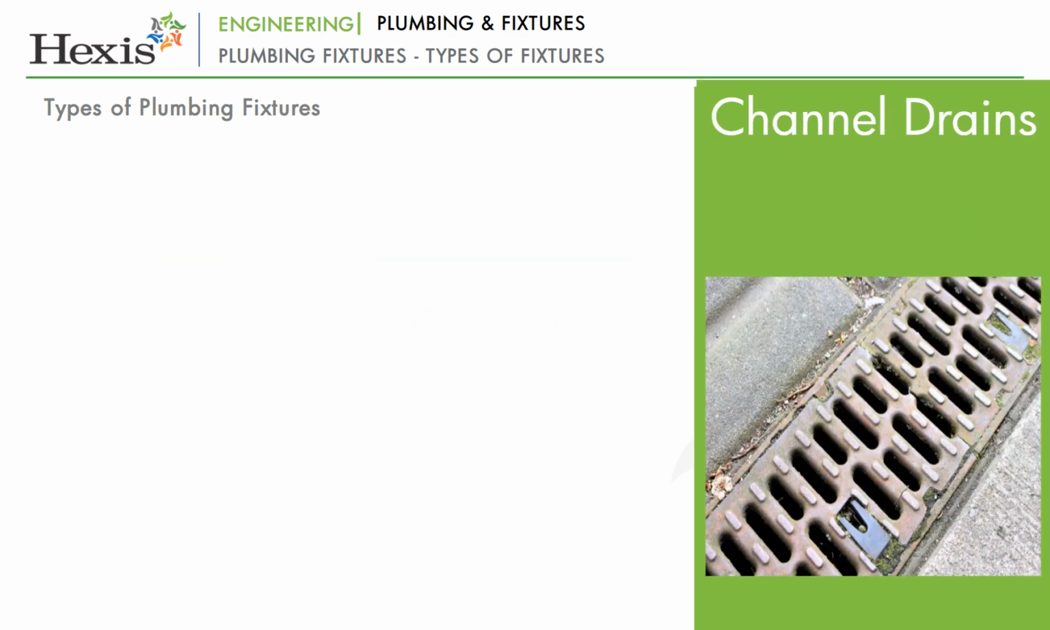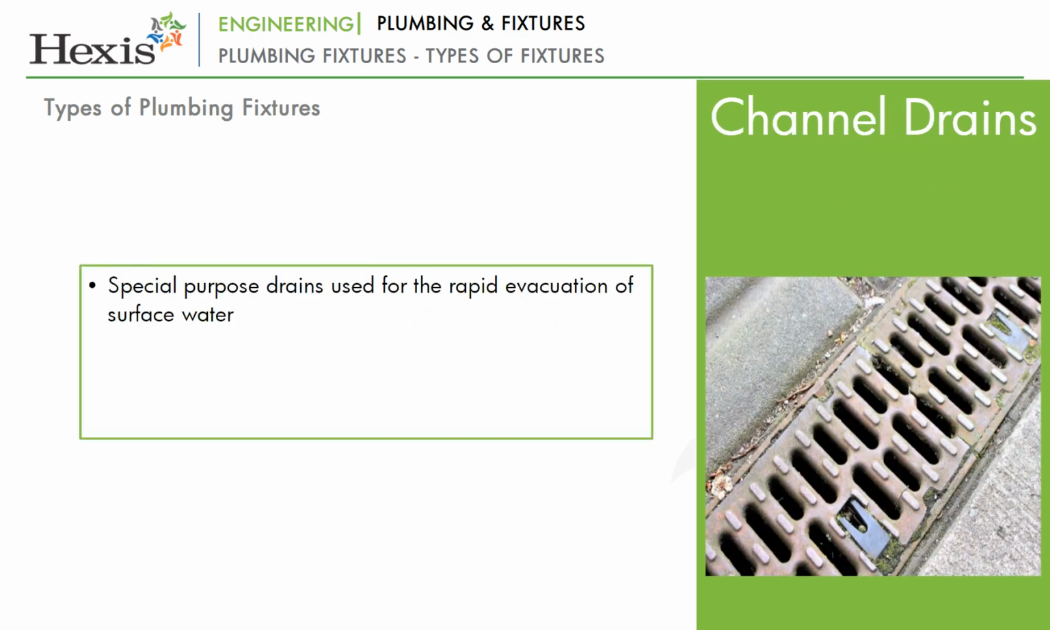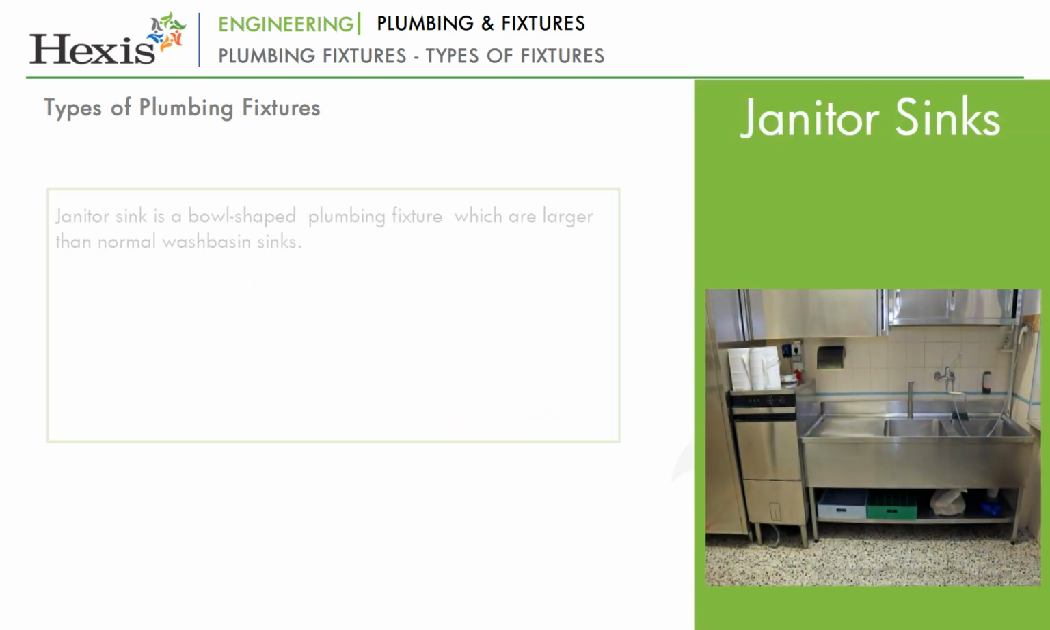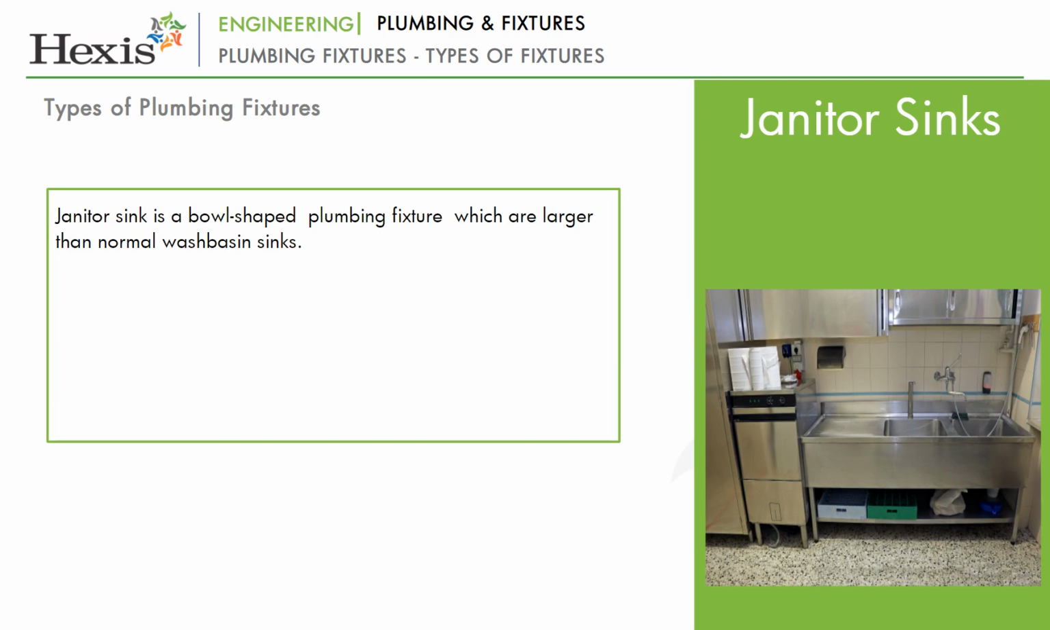Channel drain is a specific type of floor drain used for the rapid evacuation of surface water. They are collection points which remove wash water and other liquid wastes from a work area and carry them away through pipes or ditches for disposal. Janitor sink is a bowl-shaped plumbing fixture